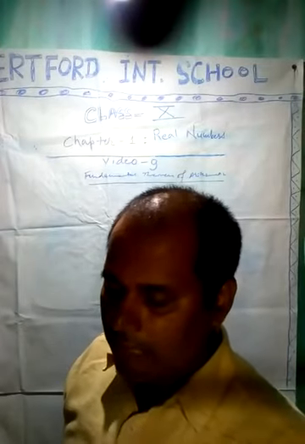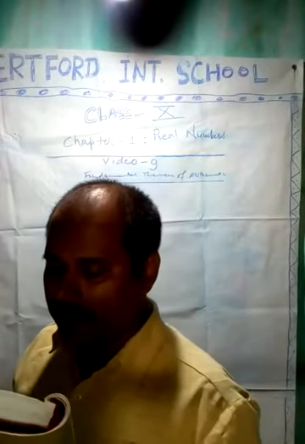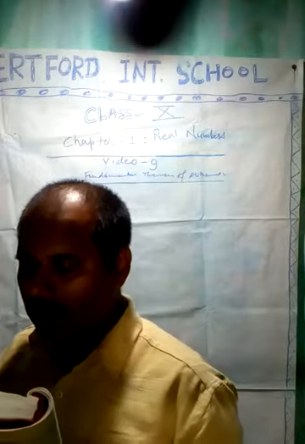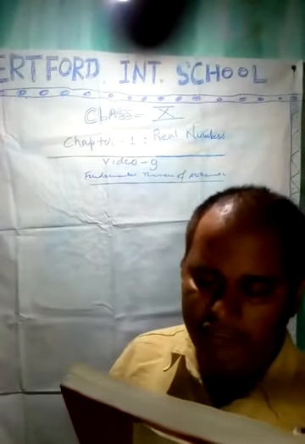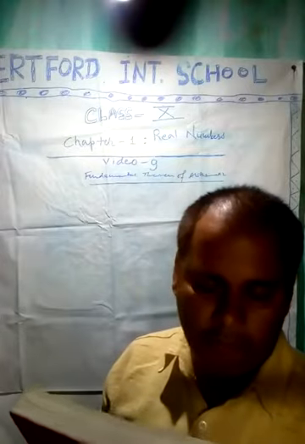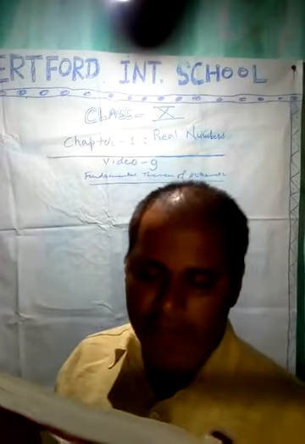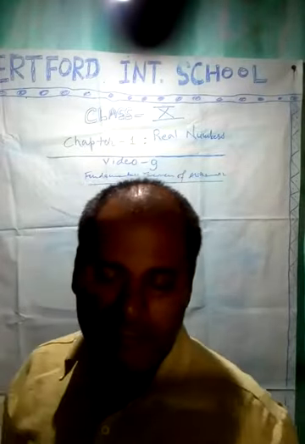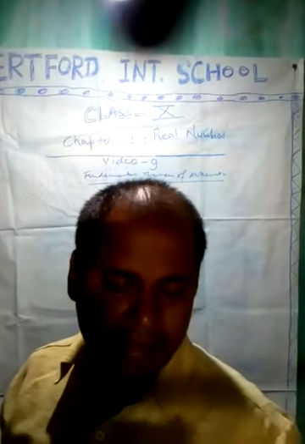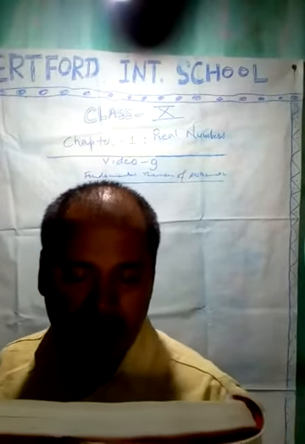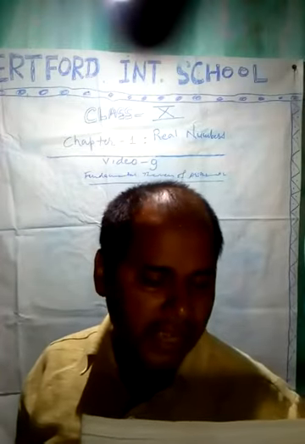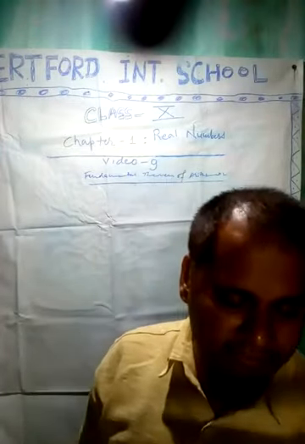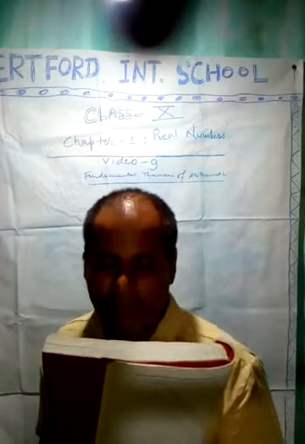His time was 1772-1855. Now, the fundamental theorem of arithmetic says that every composite number can be factorized as a product of primes. Actually, it says more. It says that given any composite number, it can be factorized as a product of prime numbers in a unique way, except for the order in which the primes occur.